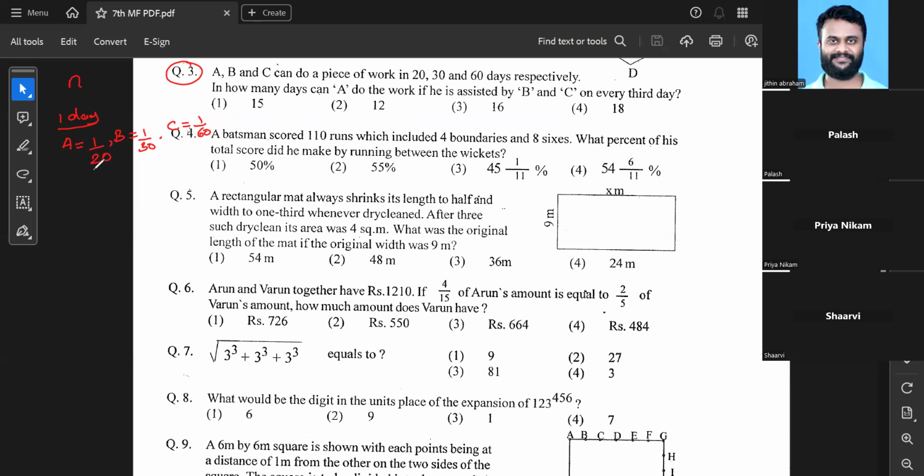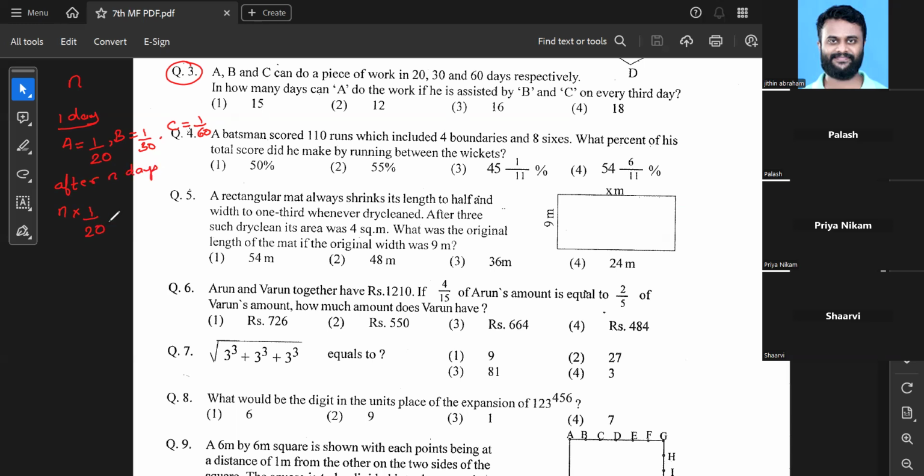Now, if this work is going to be completed in n number of days, I'll be multiplying n to this. So 1 by 20 is the piece of work completed on day 1. Day 2, again 1 by 20 will be completed. Day 3, again 1 by 20. Day 4, 1 by 20. So after 4 days, the work completed will be 4 multiplied by 1 by 20. Similarly, in this case, after n days,